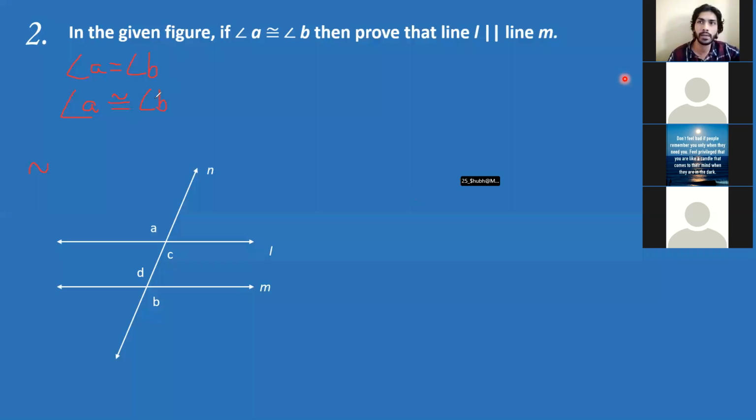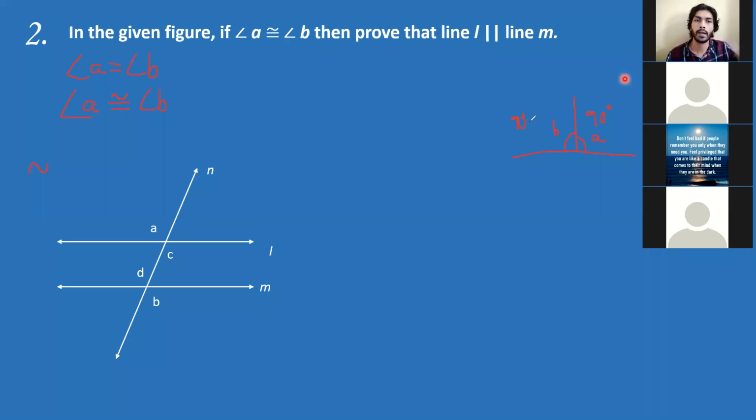What is the difference? Basically, angle A is equal to angle B means that they are equal in direction, length, and angle. I'll give an example on the screen. Let's say I have a line like this, and I say angle A and angle B both are 90 degrees. They don't look like 90 degrees because I'm annotating on the screen, but it's 90 degrees over here.